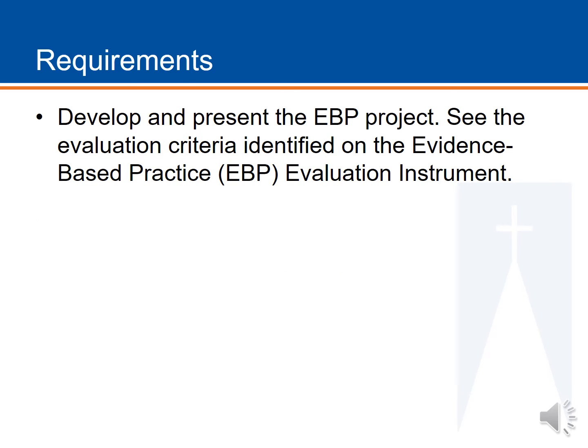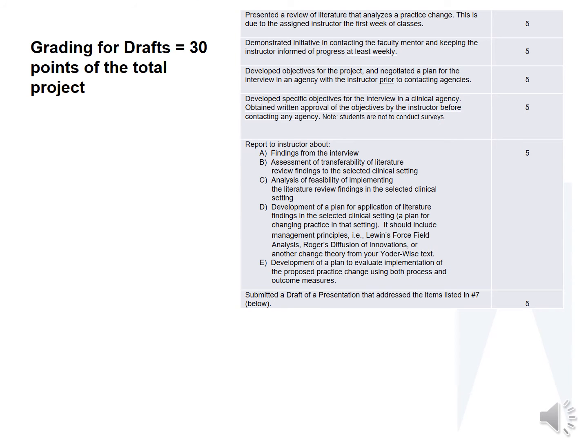At the very end, and this will be the last week of the course, you're going to present your project. The evaluation criteria that you'll be evaluated with is on the evaluation instrument or rubric, and this is also found in your Blackboard. All of the drafts that you do over the course of the semester that get turned in end up being about 30 points of the total project. And so the review of the literature,